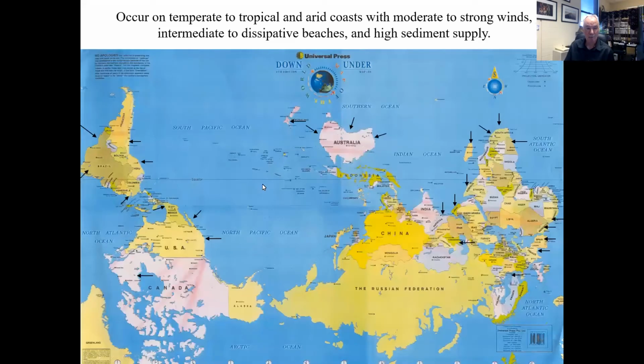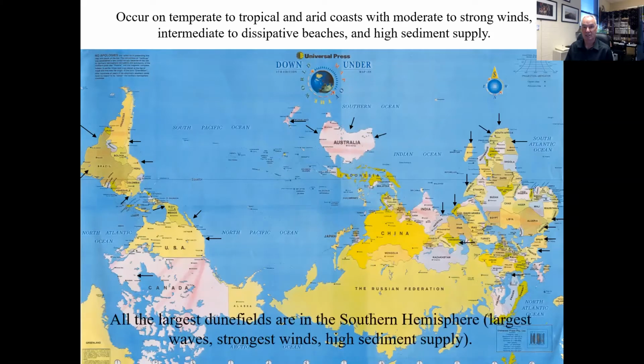This is the correct map of the world for those of you in the Northern Hemisphere. New Zealand's at the top. Notice if we ignore Antarctica, well, okay, Tierra del Fuego is really at the top, but close. The arrows indicate where lots of the big coastal transgressive dunefields are in the world, and you'll see that they're dominated by the Southern Hemisphere, and that's because we have some of the largest waves, strongest winds, and high sediment supply. There are, of course, several on the European coasts, and the arid coasts along this part of the world